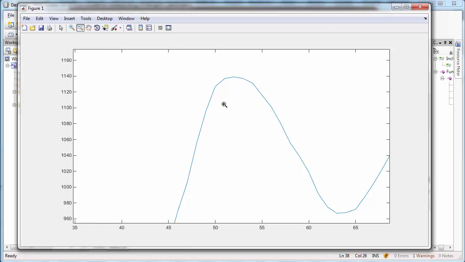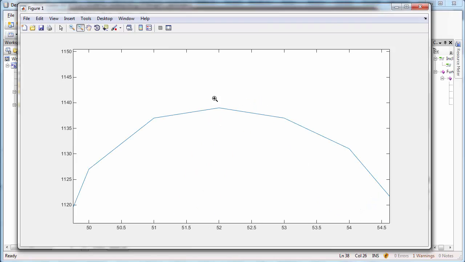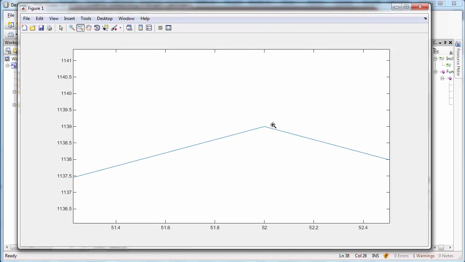The overshoot is the difference between the value that we're trying to get the slider to go to and the maximum peak value that the slider overshoots to the first time it shoots past the target value. So remember, we're trying to get to 1022.5. Let's find out what this value is at the top of this peak. If I zoom way in, I find that this value is about 1139. So let's go find